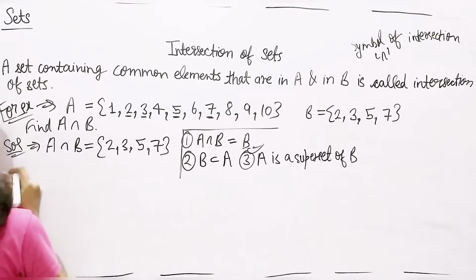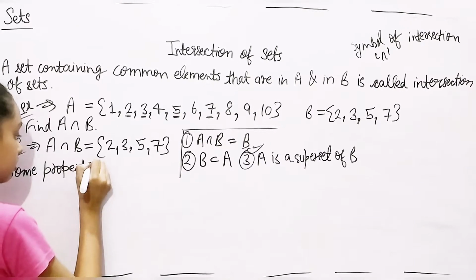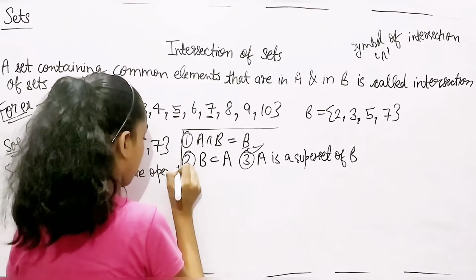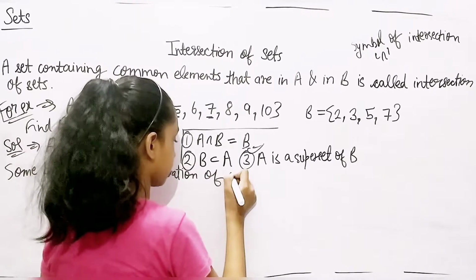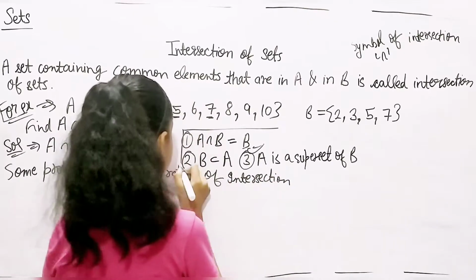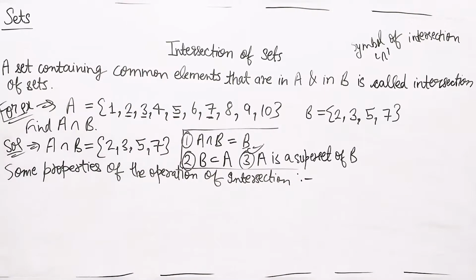We'll have 5 properties of the operation of intersection. The first one is the common one that we usually see, the commutative